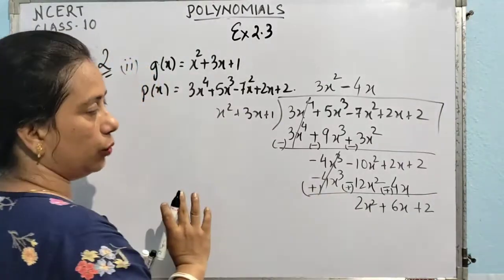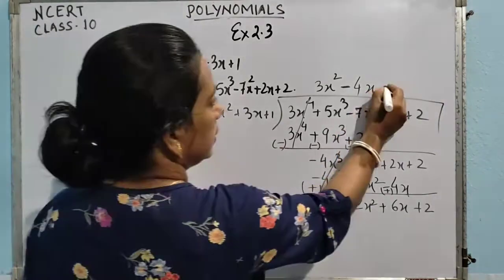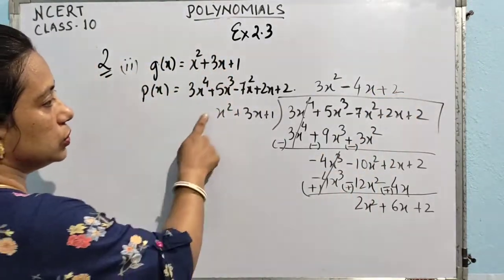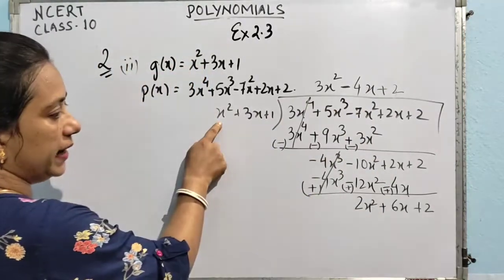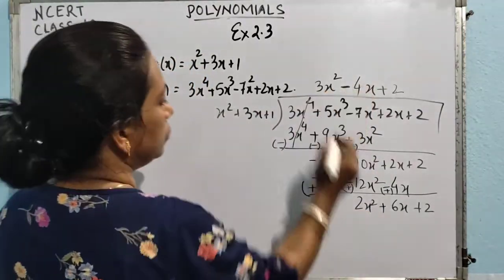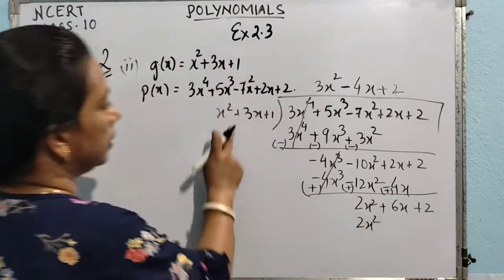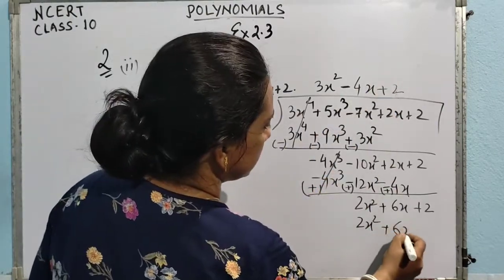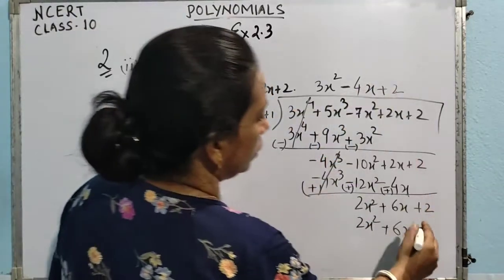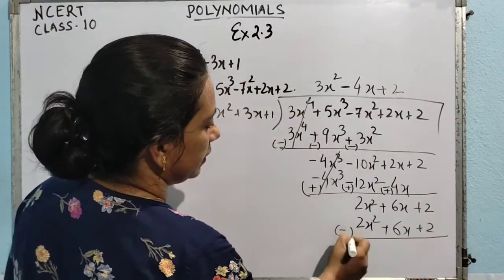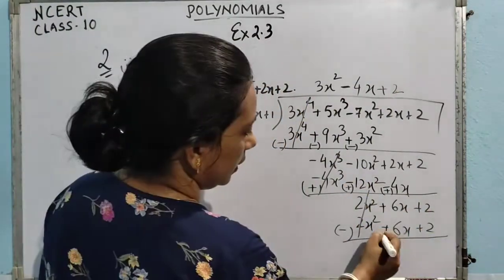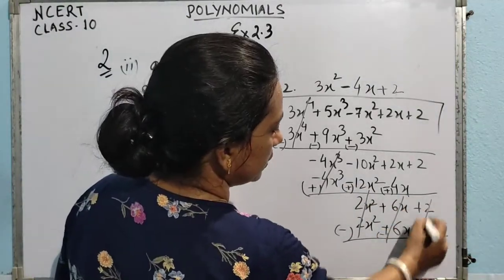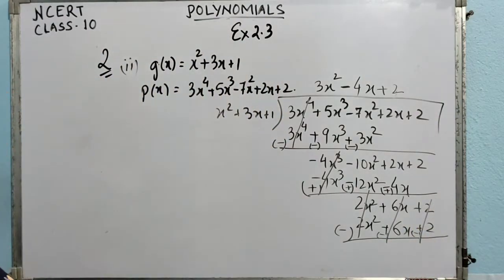X square, no problem. It is 1, it is 2, so sign will be plus only. So here it has to be plus 2. Why 2? Because 1 into 2 gives you 2. Already x square is there, so no need. So x square into 2 gives you 2x square. Now the second term, plus only, 3 2s are 6x. Now the third term, 1 2s are 2. See here, it comes for minus 0. Here plus 6 minus 6x plus 6x minus 6x gone. Plus 2 minus 2 gone. So we got the remainder is as 0.